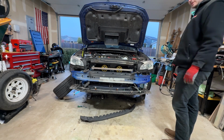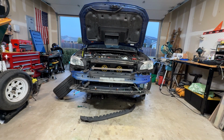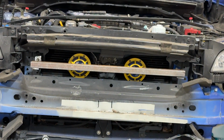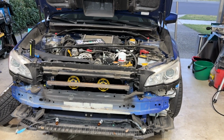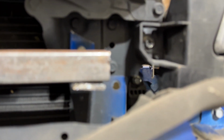I like it. I think it's gonna look pretty good. Let me zoom back in. Oh, one more. Look at that, dude. That's some beef for no reason. It looks way different in person. That yellow is gonna pop. I'm gonna paint the brackets black too. But look at that. I'll fix the little unevenness and everything, but